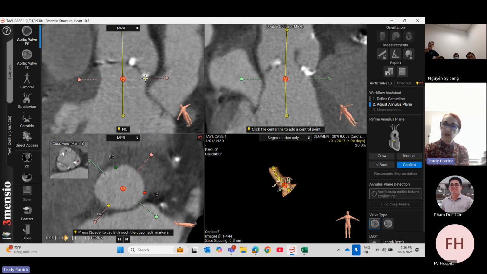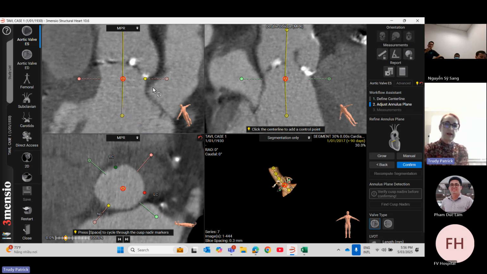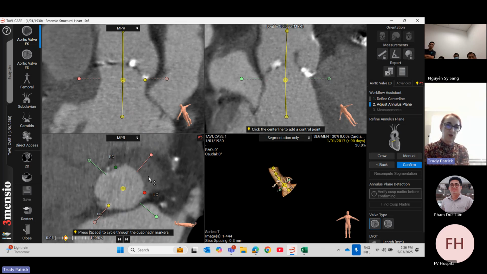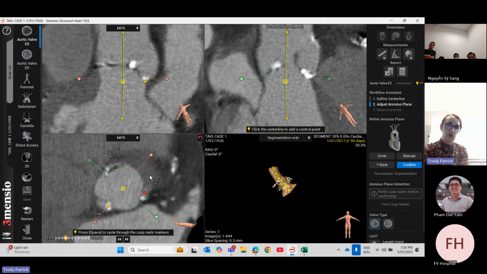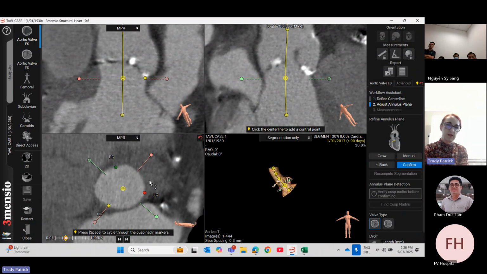As you can see, it's really quite easy to work through. If you want to check that you've got the best location, you can rotate up through the valve and then come back down, making sure it is the lowest point in the planning. Once we're really happy with our location of our right coronary, left coronary and the non-coronary leaflet, and our centre line looks pretty good,